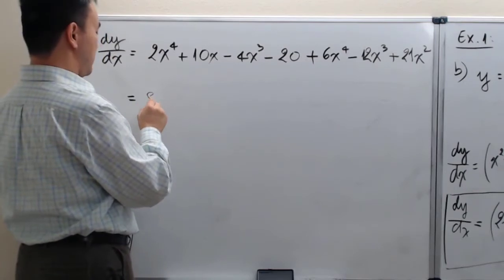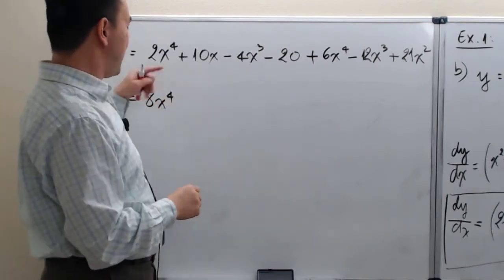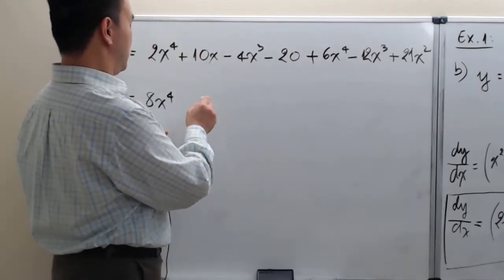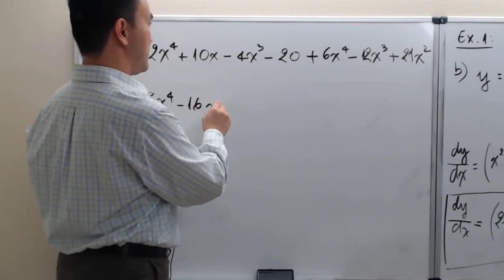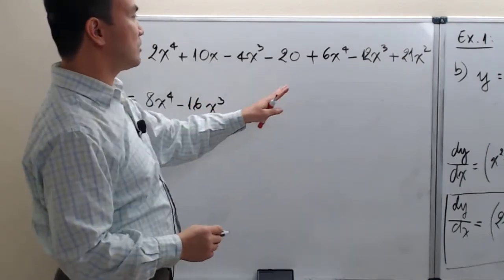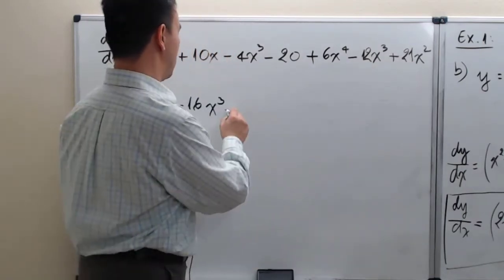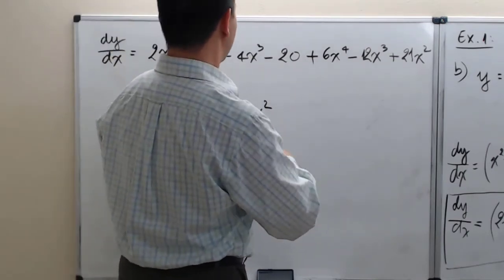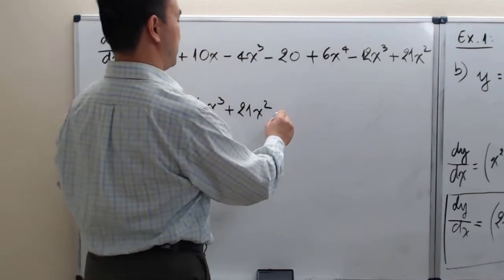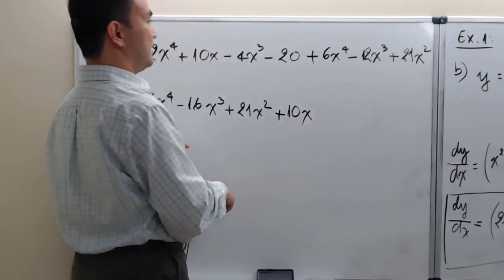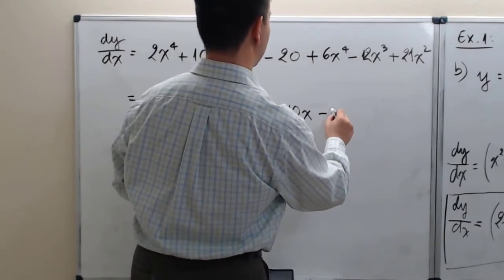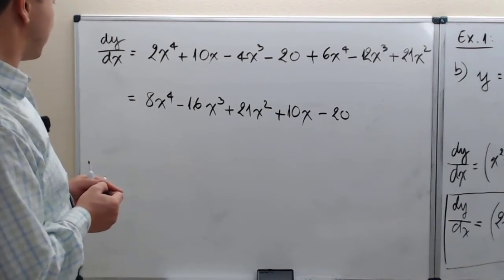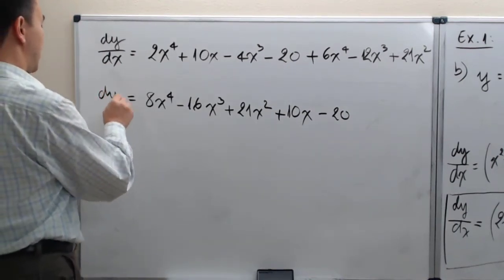So that gives me 8x to the fourth here. And then after x to the fourth is x cubed right here. Let's collect all the like term x cubed. So now we're looking at minus 16x cubed. And now after the x cubed, let's look for x squared. And there's only one term with the x squared. So plus 21x squared, that's the square term. Okay, and now let's look for the x term, which is 10x, the only one. So plus 10x, and now minus 20, and that's the only constant term that we're looking at. Okay, and give me a moment to quickly double check right here. And yes, I believe that we have gotten the